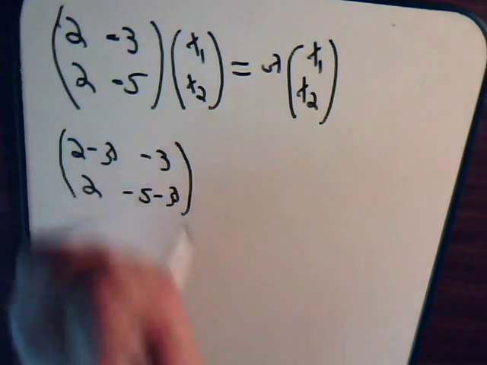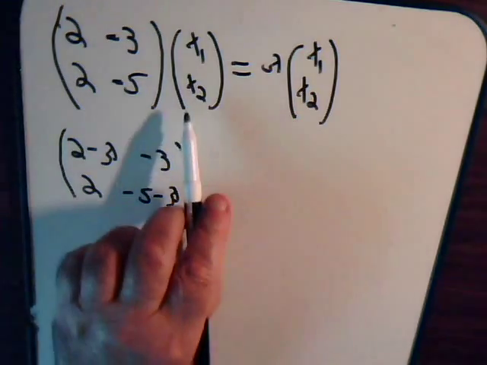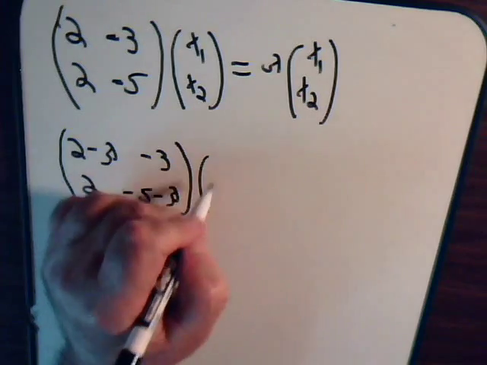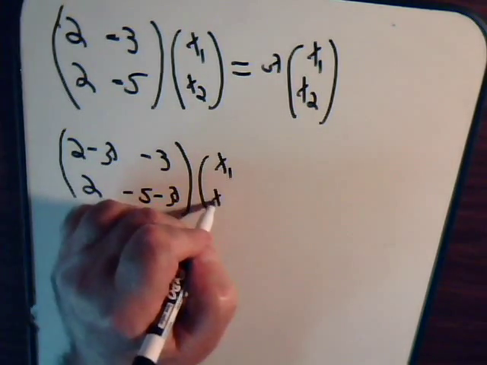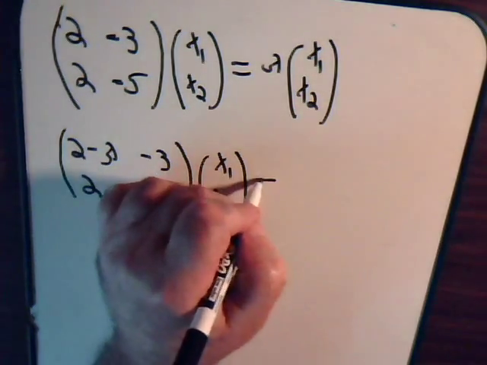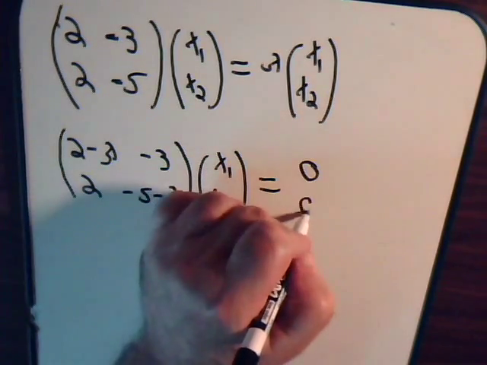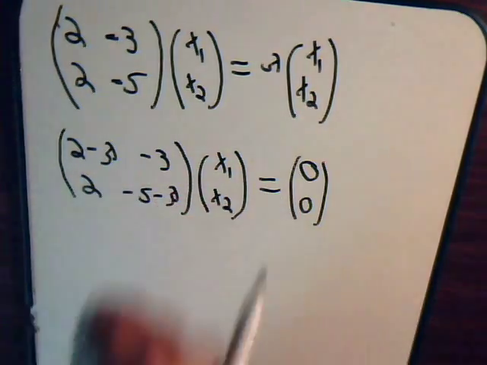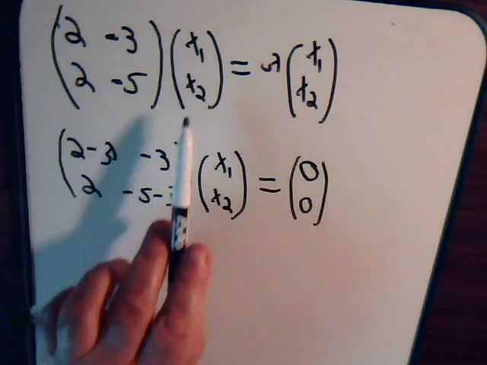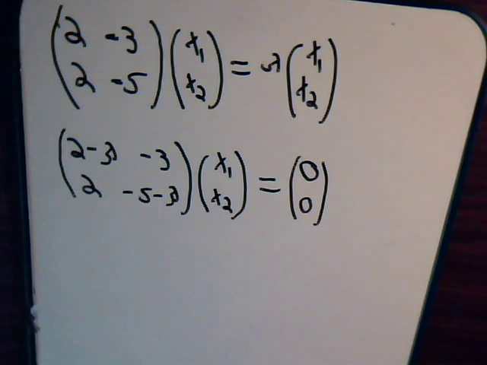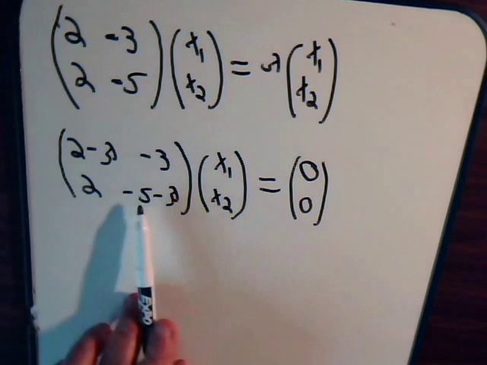And then this new matrix times the eigenvector that we're looking for equals the 0 vector. So in other words, the eigenvector for our original matrix lies in the null space of